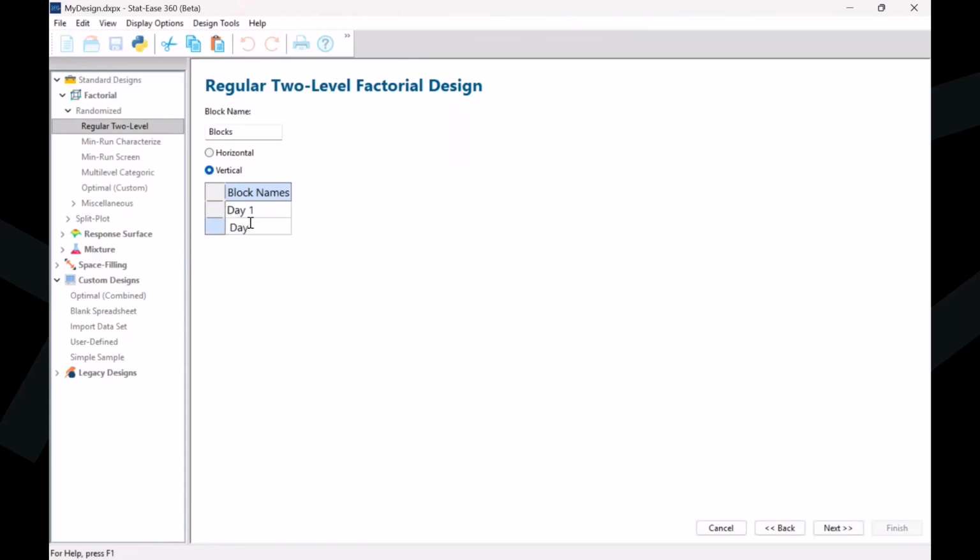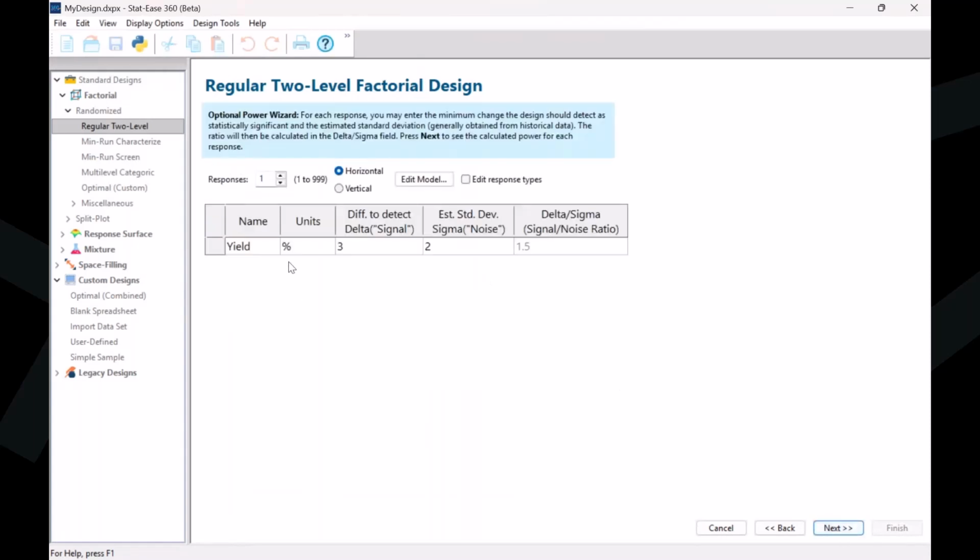This could be 2 different reactors side by side, 2 different lots of raw material, or all of the above. We did the power calculation. In this case, I wanted to detect at least a 3% difference. If it was less than 3%, the experiment would not be a success. I would like to get a lot more than 3% in the yield improvement, but 3 is at the minimum